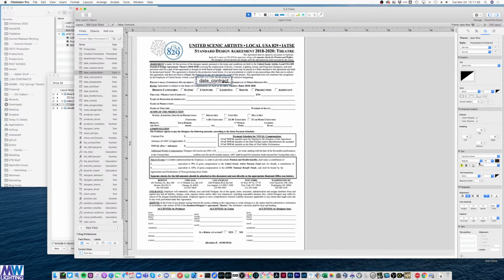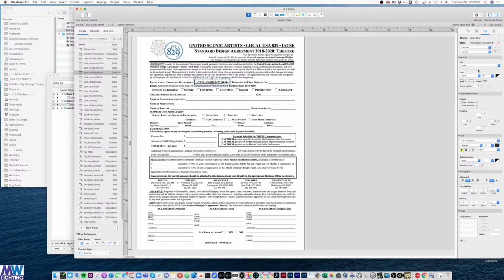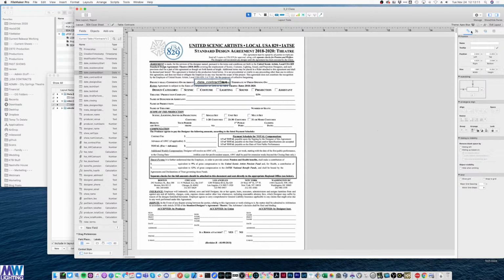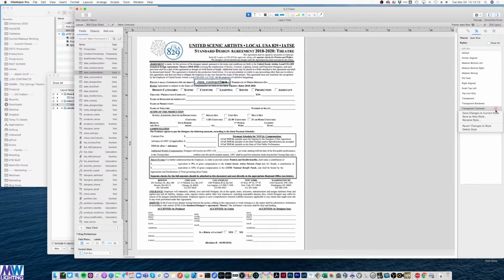And then I'm going to just make some manual adjustments here. I'm going to get rid of some of the padding in it. I'm going to resize it down to just be one line. Maybe make the text way smaller so it fits in there. Yeah, that looks pretty good. And center it there. Good. And what I'll do is, no line, no fill. Great. I'm going to just create a new style for that,